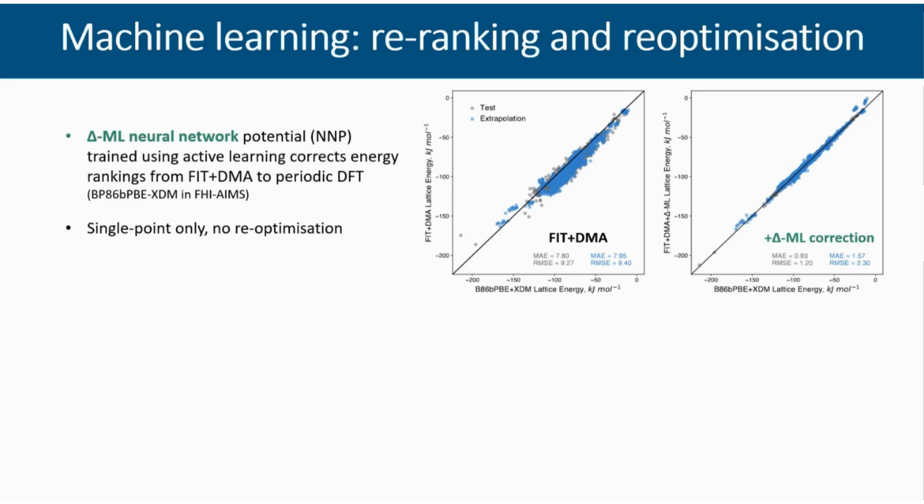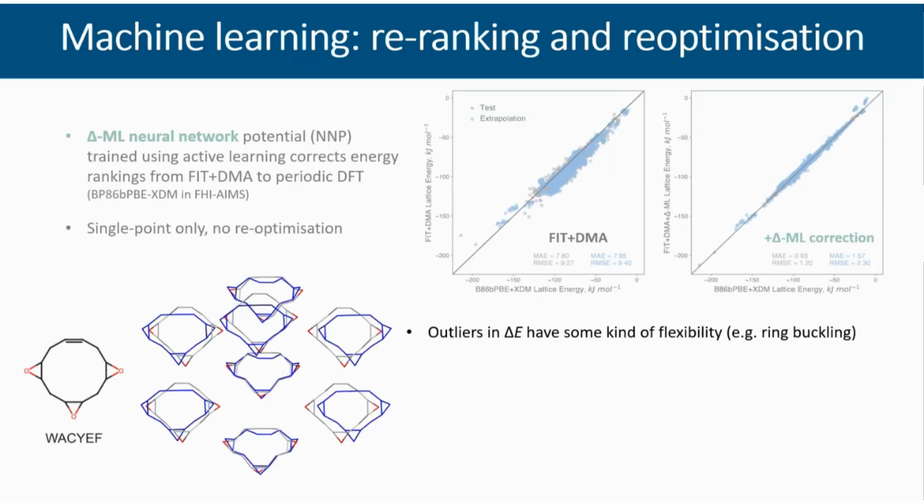So can we improve our energy rankings even further? This is just single point energy corrections, no optimization. And indeed we can improve it. This is perhaps not an entirely fair test because we happen to do so well already using our very simple energy model. What is more interesting is that perhaps unsurprisingly, some of the outliers in our data set,